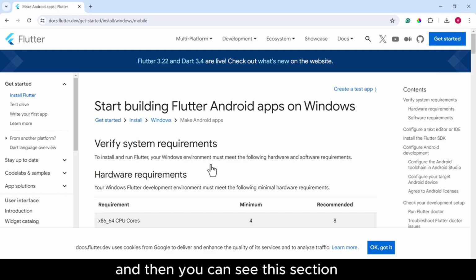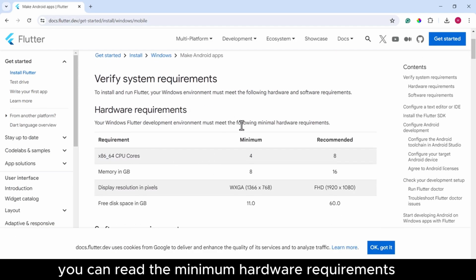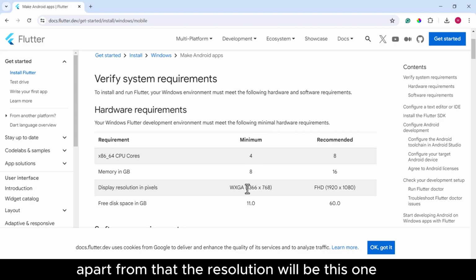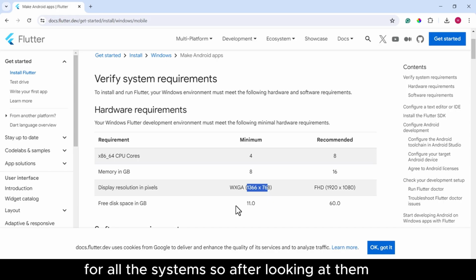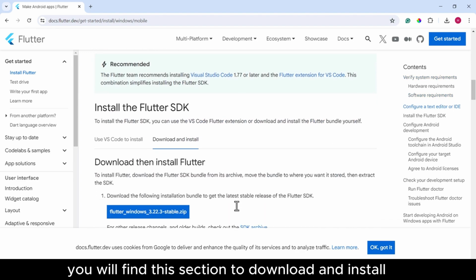And then you can see this section. And here firstly you can read the minimum hardware requirements, like the minimum CPU cores should be 4 and the RAM should be 8. Apart from that the resolution will be this one, and you should have minimum 11 GB space inside your system. But these requirements are generally met for all the systems. So after looking at them you can scroll down and there you will find this section to download and install